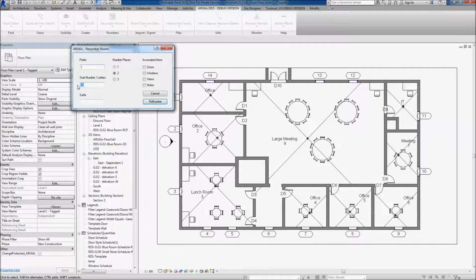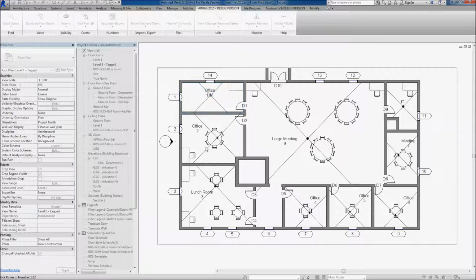We can specify what start number we want, so we'll say 1, and we can also specify how many places that room number value will have. If we say 2, then room 1 would be room 01. There are some more things about renumbering associated items over here, but for now we'll just say renumber,